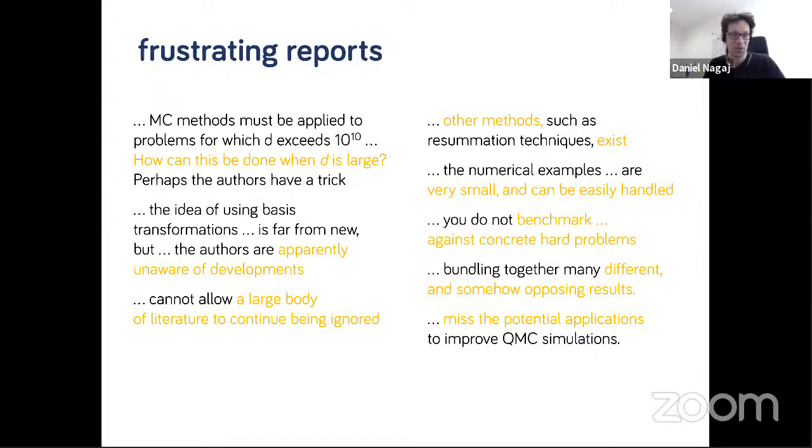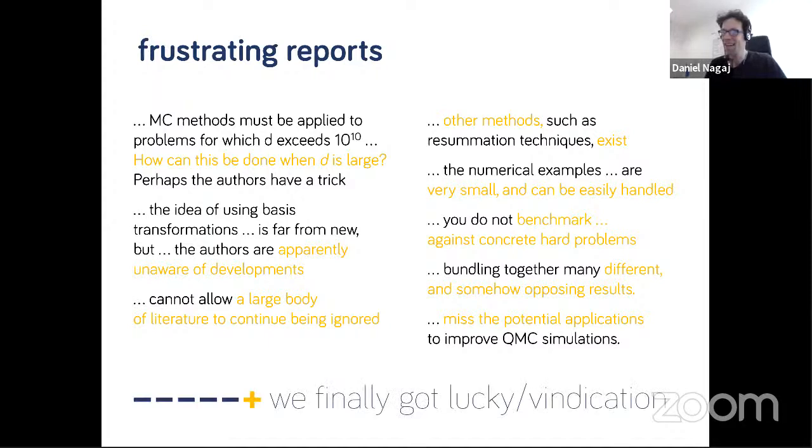And so in the end, we have been able to get through the referees on the 6th try, and you can say that we got lucky, or that we got vindication that what we did here is actually good. And we will see what you have to say about this, or then later discussions of whether we can actually apply this in any of those groups.